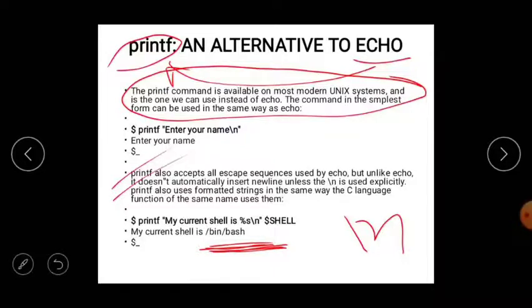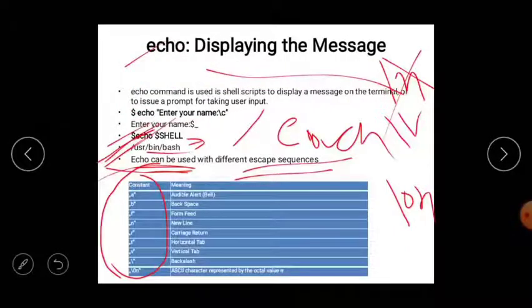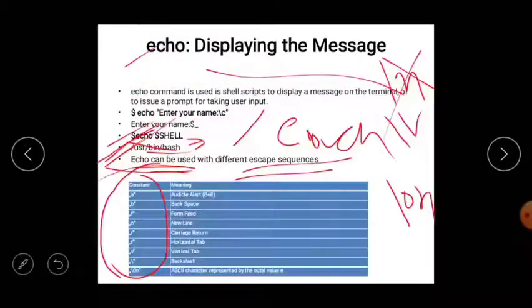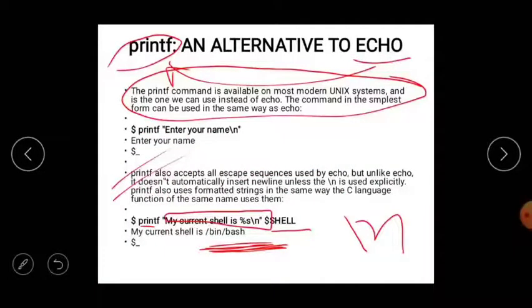There we used echo followed by $SHELL. Here also printf is followed by $SHELL, but here we give the statement also. Here also we can give the statement, the same statement we can enter in between echo and SHELL. It will give the same result.